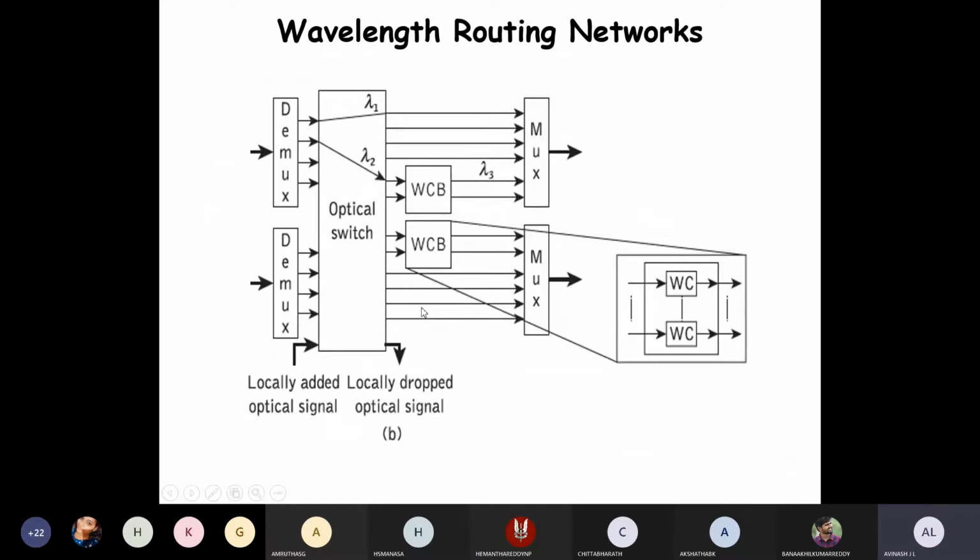So now after this we can see the next diagram. Here, instead of using single wavelength converters for every line, we can use this particular configuration. You can extend this configuration to the next level. So what is that next level configuration saying? It is saying that lambda 1, lambda 2, all those are available, no? So you can understand that there is a wavelength converter block available.